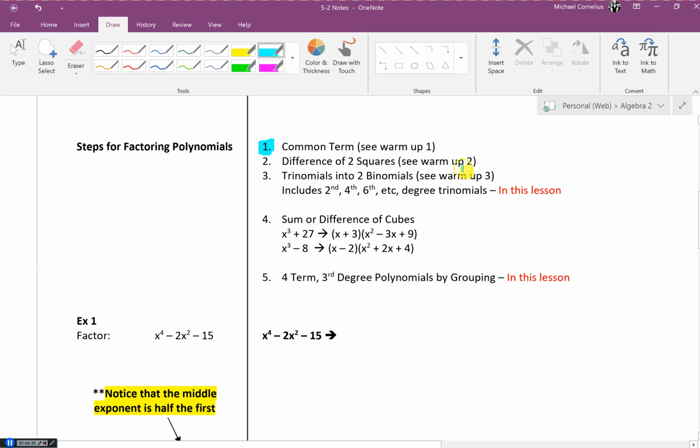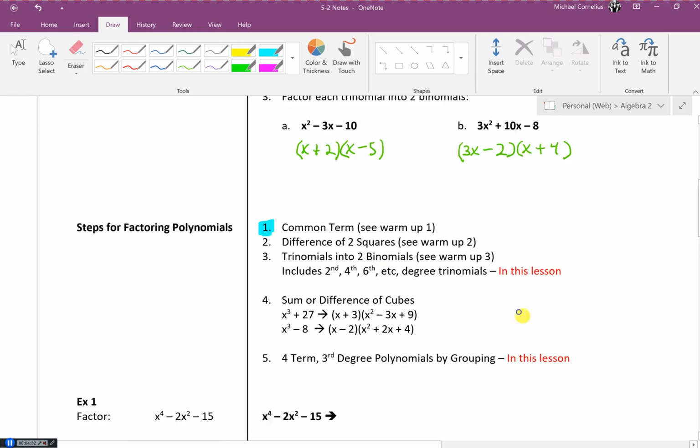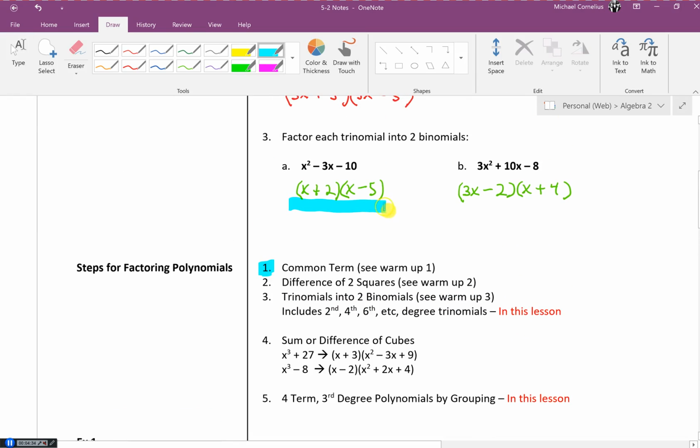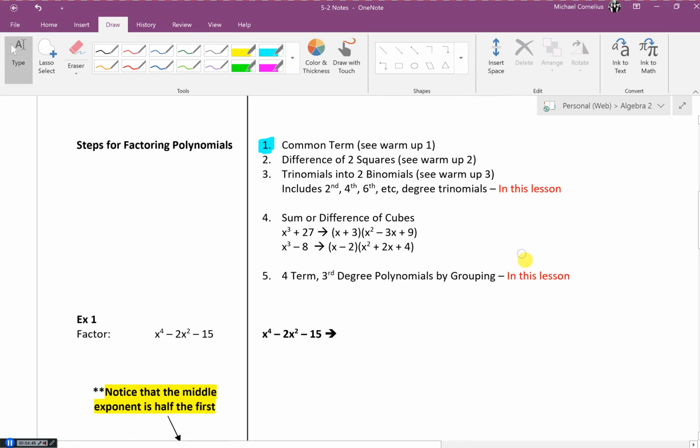We did that in warm-up number 2. Number 3, can I factor trinomials into 2 binomials? Okay, we talked about this the other day. These are called trinomials. These 2 things down here are called binomials. Okay? And so today what we're going to do is look at factoring trinomials into binomials, but